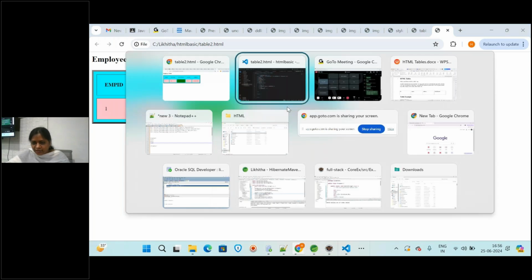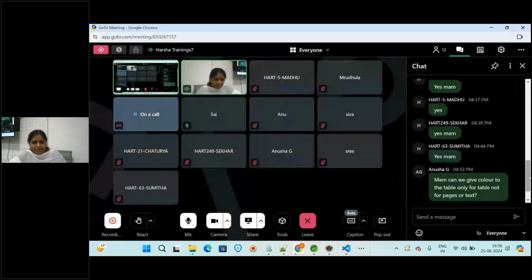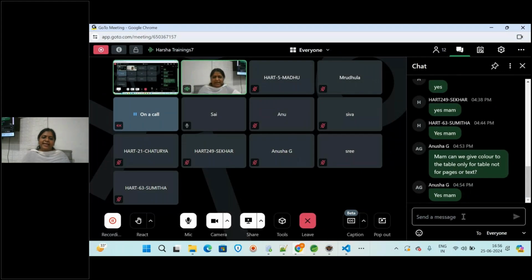Okay, is it clear, Anusha? Okay. So like this we can create. In the next session we will be continuing with much more on tables. There is so much, so many attributes we can apply for the table tag. And also on the lists we have seen, whatever we have created there, you can apply styles and colors too. We will also be seeing about forms, how to create a form, what types of forms are there, and how to create the buttons. In a form you will be seeing buttons, check boxes, radio buttons, and drop down lists. All these we can see.